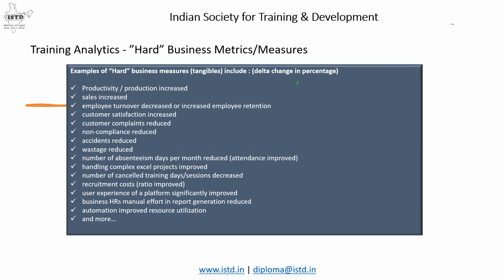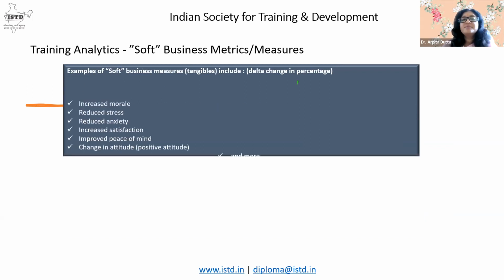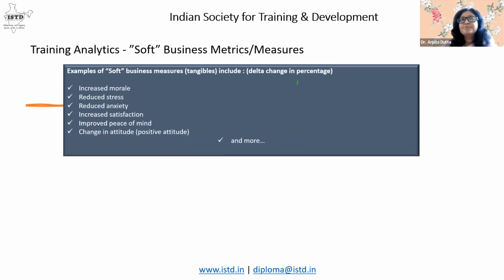So if we have examples, right, if the customer wants fewer complaints to happen, I mean, they don't want so many complaints to be sent and all that. They want peace of mind. They want the job to be done at the end of the day with full satisfaction and full quality. So that becomes a hard business measure. Now, soft business measure could be people,